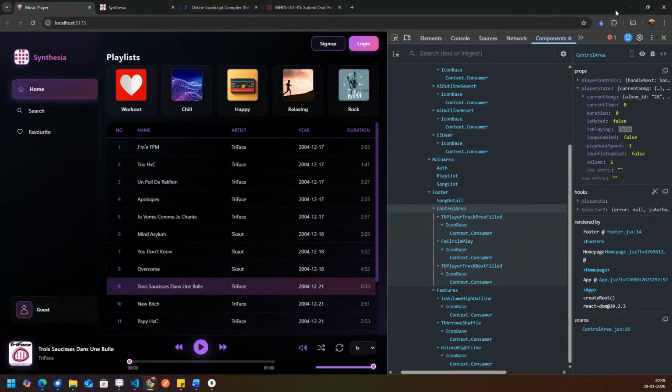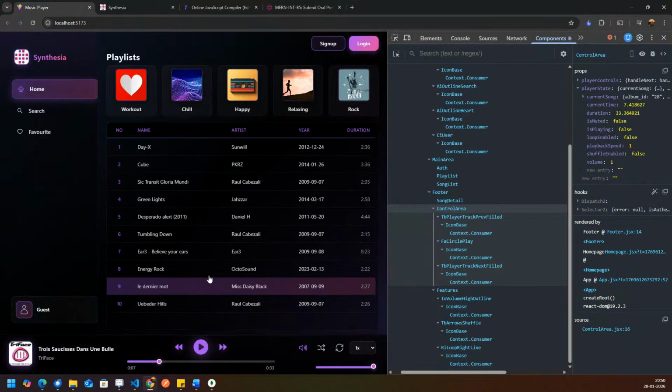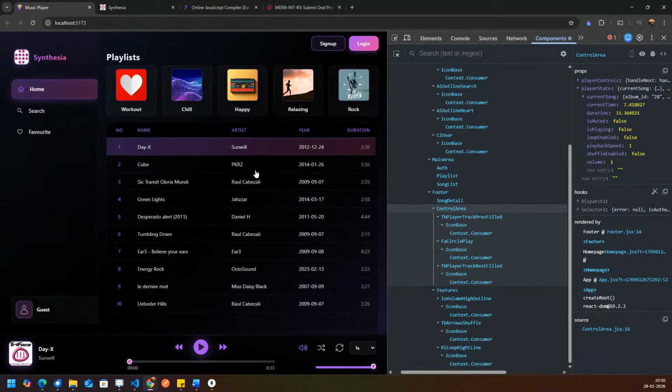Okay, before adding, okay, it is working. And if I click on this, it is working. It is taking some time, but it is working. If I click on this,